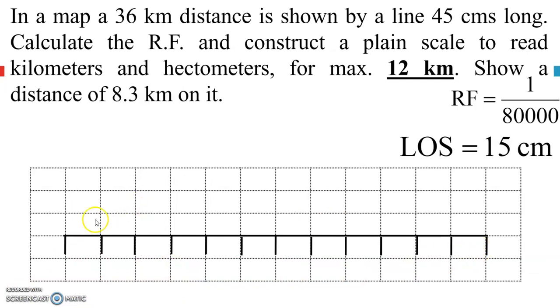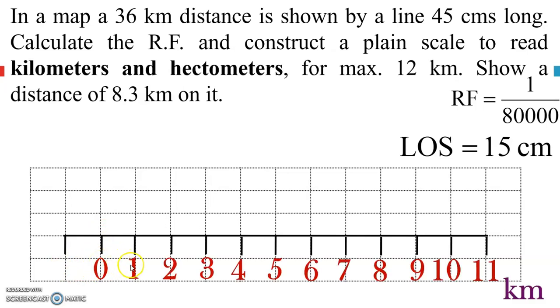And again giving the numbering. As we have discussed, to the first division we should not give a number, and at the second division we should start with the 0. So it is 0 kilometer, this is 1 kilometer, this is 2 kilometer, and this is 11 kilometer. Clear? So we have written here kilometer. Now this division shows us the distance in kilometer.